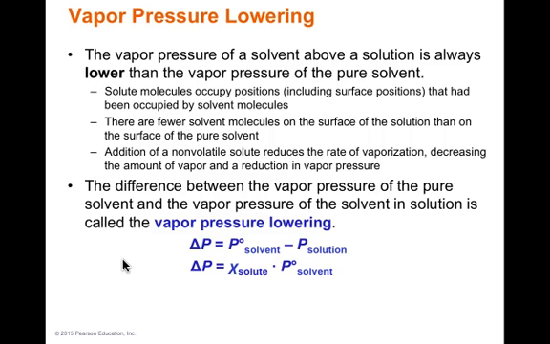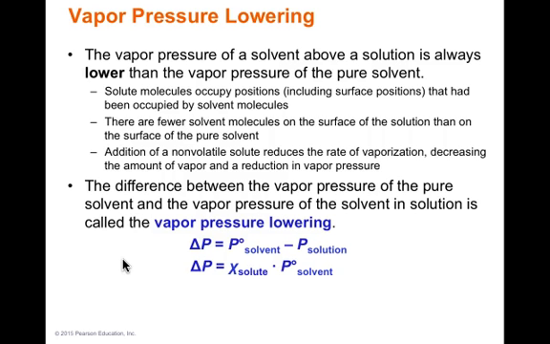Ethylene glycol is a substance used in antifreeze that boils around 200 degrees Celsius. Water boils at 100 degrees Celsius. Water is a volatile solvent and has a vapor pressure at room temperature. Ethylene glycol is much less volatile at room temperature and essentially has no vapor pressure at room temperature. But the solution of ethylene glycol in water has a lower vapor pressure than the original